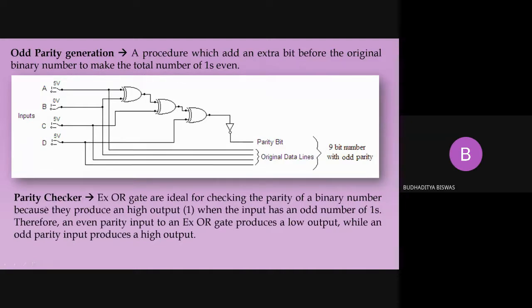Come to the last one, the parity checker. On the receiving end side, before processing the data, they check the parity. This is the initial, first method to check whether there is any transmission loss or not. If the receiving end station knows that the data received from the sending end station always contains even parity, then they check whether the total number of 1s is even or odd. So this is a very simple circuit.